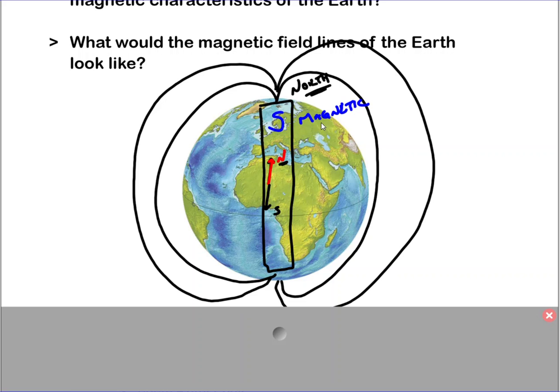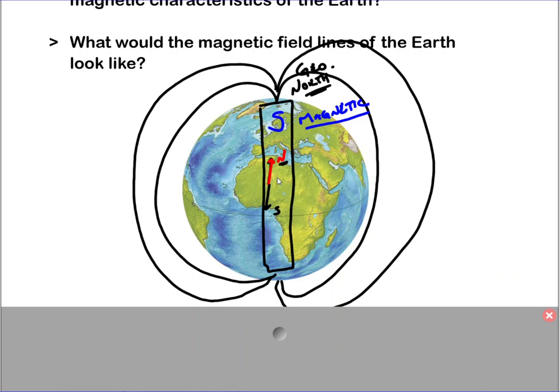I know. That's opposite of everything you've been told. And so it turns out there are two ways to describe Earth's poles. The first, that we use every day, is the geographic north. So geographic north, this is where Santa lives, if you're into that sort of thing. And so we call this the North Pole, and geographically it is the North Pole, but magnetically this is the